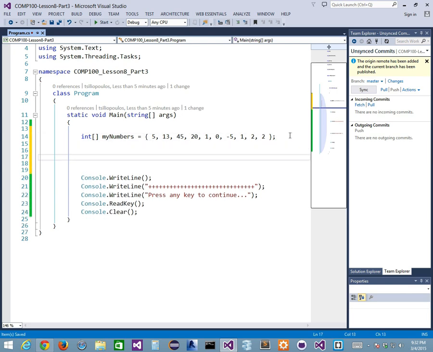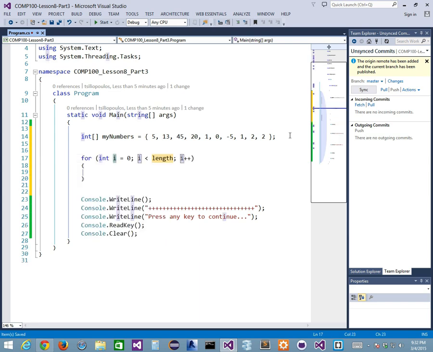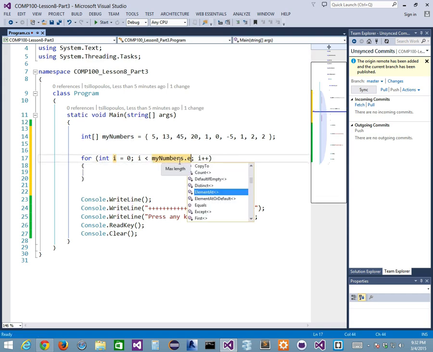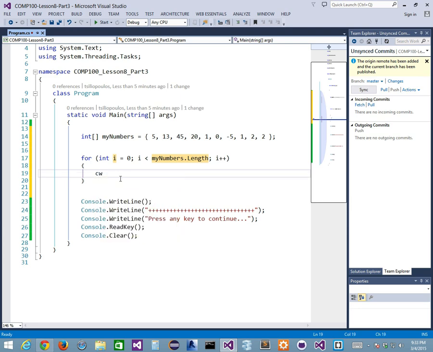Okay, if I want to loop through the array then, I can use a for loop. For, and I can do one of these. I is equal to 0 to I is equal to my numbers dot length. Because the length property that belongs to my numbers, as an example, it reads how many elements are inside the my numbers array. And then I can do a console write line, right, of